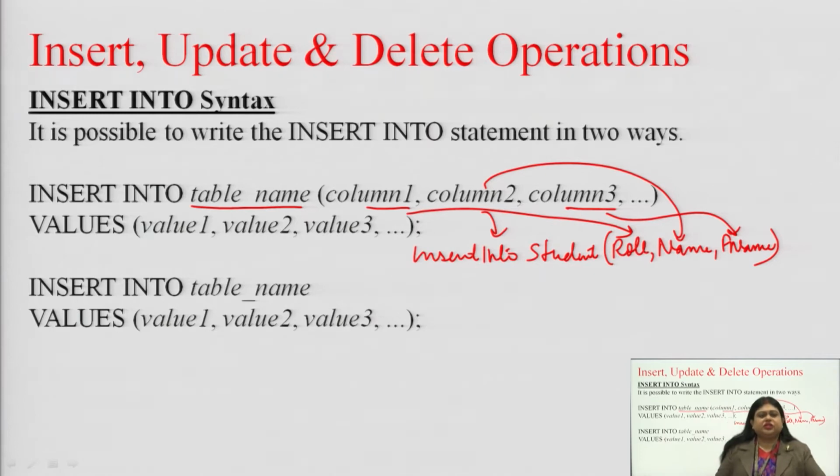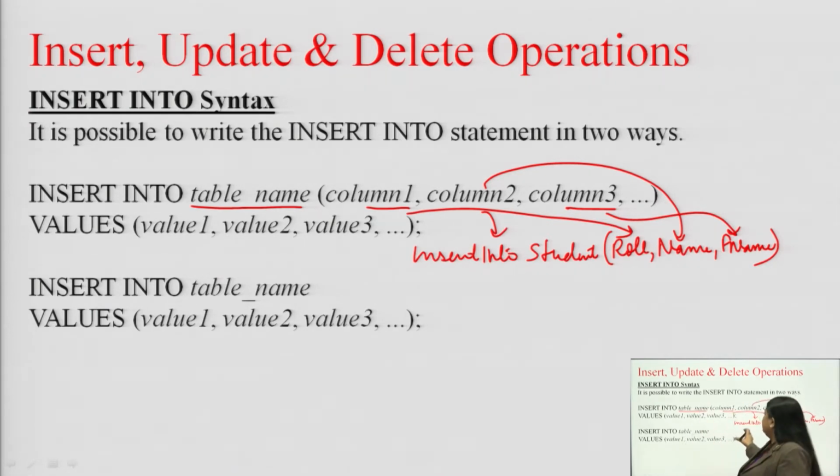And this type of structure is used when we do not know in which sequence the data is going to be added. So, we specify the sequence. So, we can have the father's name before the name, even if in the database actually the name was before father's name. Right. So, you can change the sequence when you are using this method. The second method, you will not be able to change the sequence.